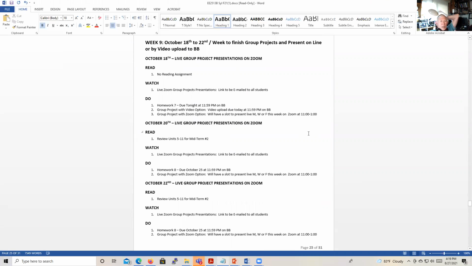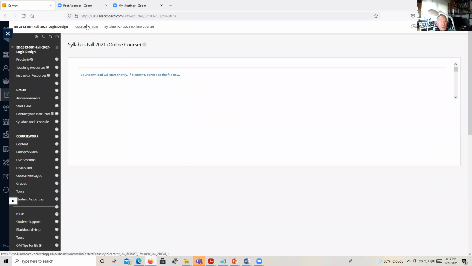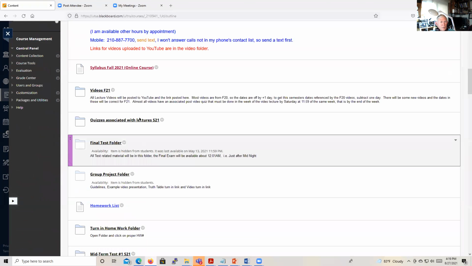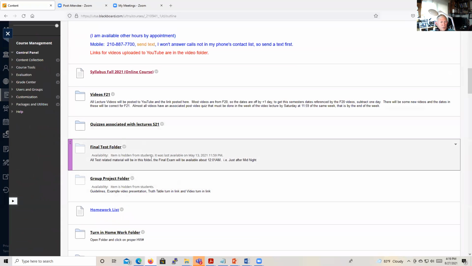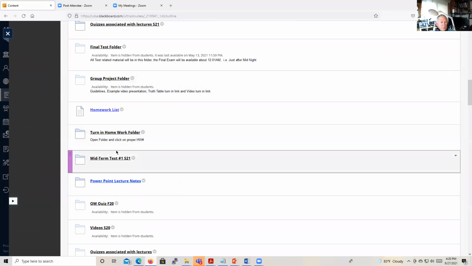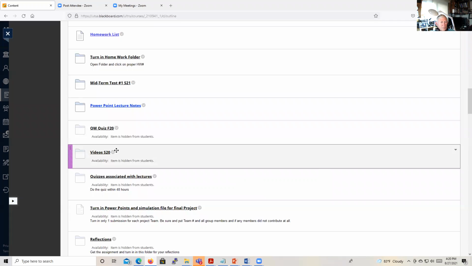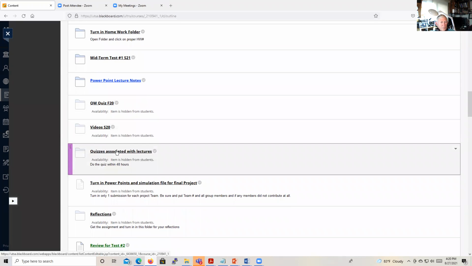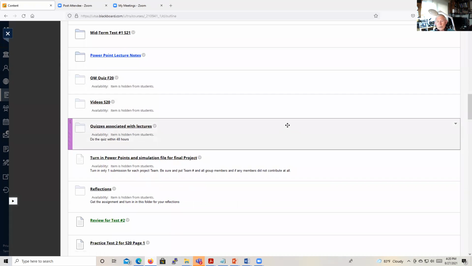And if for some reason you can't get that done, or you don't want to do that, then you can do your own Zoom presentation at a different time, and you can let Zoom just record your presentation, so you can all be at different places if you want, and then you can upload that to the, let's see, there's a folder here, group project folder. So that's where you can upload it to, I think. Yeah. All right, so that's usually how we do that. Any questions about that?